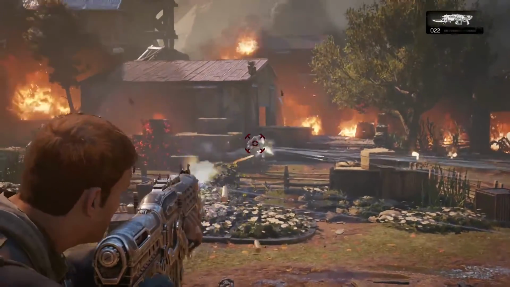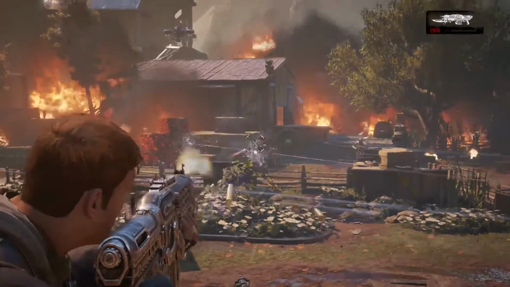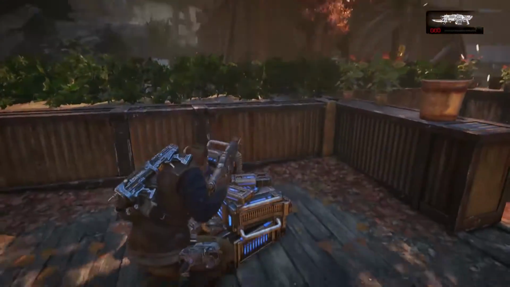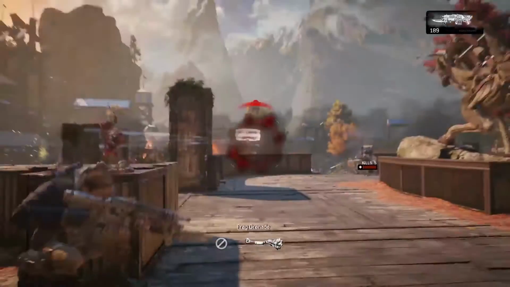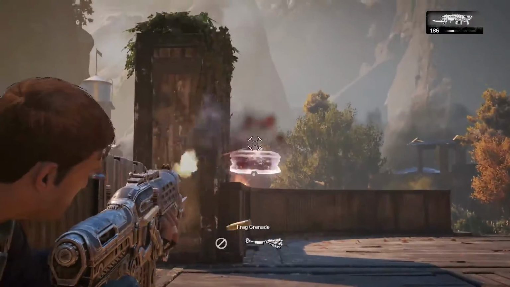Yeah, get hung up on the bales over there. That's perfect. And then you see we got another Guardian in too. Watch out for that. I really don't find them to be much of a threat. The rockets are pretty straightforward. But actually, this one's not using rockets. This one's got the Tri-Gun, so...